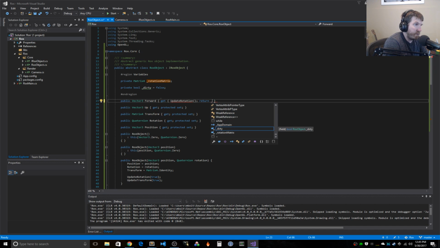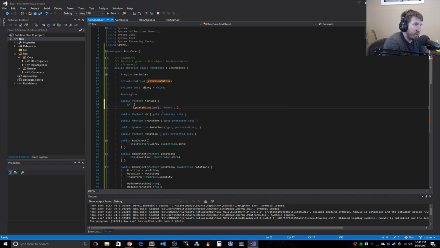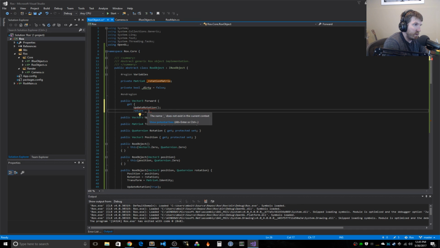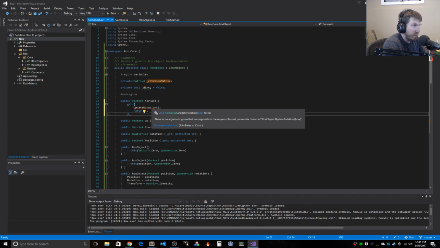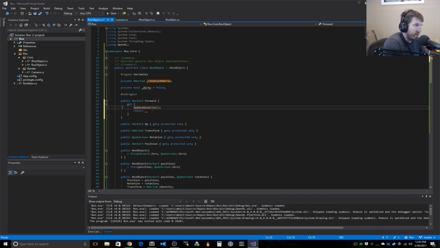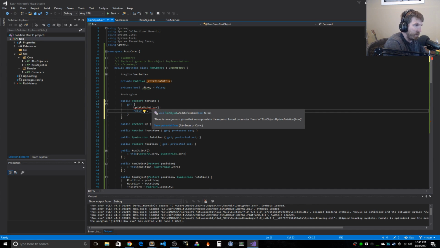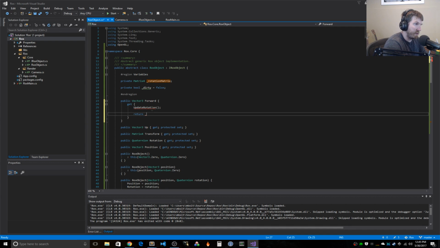Our forward vector is going to be... we have to update our rotation, because we're requesting the most up-to-date information here. So we're going to update rotation, and then we're going to return, hopefully, this rotation matrix has a